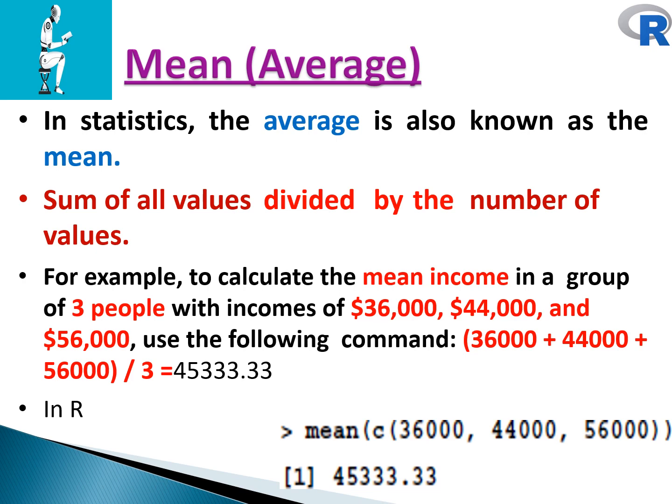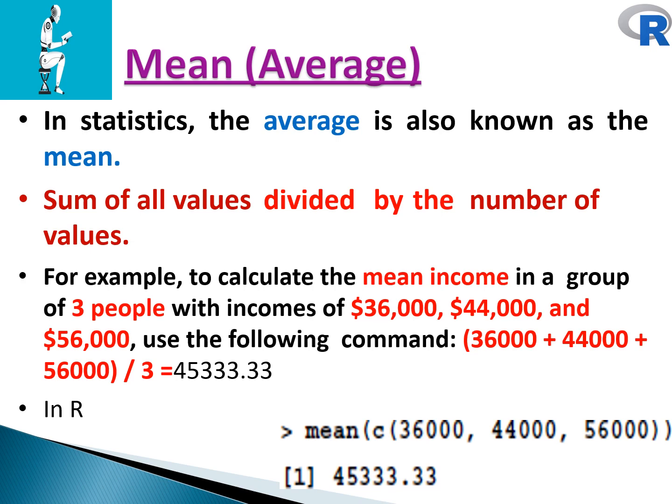Here we have an example: to calculate the mean income of a group of 3 people with incomes $36,000, $44,000 and $56,000, we take the sum of these three values divided by the number of observations. So 36,000 plus 44,000 plus 56,000, the whole divided by 3, because we have three different values. So the mean is